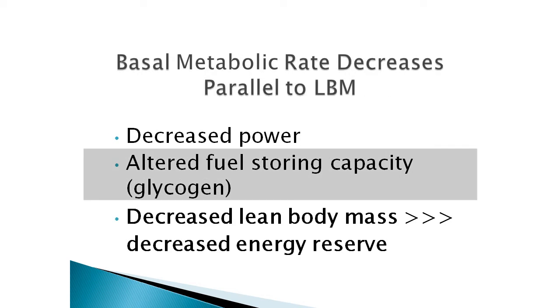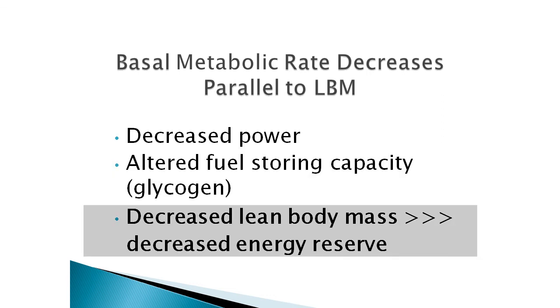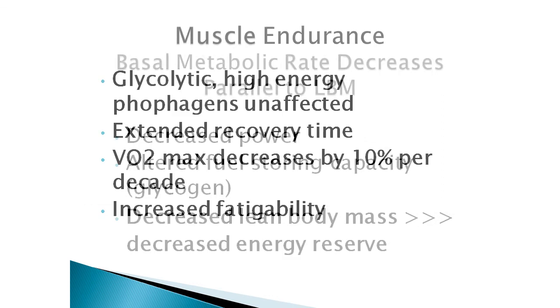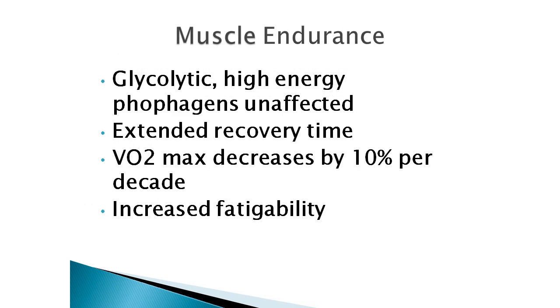The consequence of this is an altered ability to store glycogen, the fuel for the muscles, which then causes a person to have a decrease in their energy reserve. Muscle endurance is thus affected, with a person experiencing increased fatigability and complaints of tiredness, with a need for an extended recovery period after activity or exercise. That is a lot of information to digest, and I hope I have not painted a negative picture. Despite these changes, the good news is that the muscles will still respond well to exercise, and a person can remain fully functional given a proper diet and the discipline to take better care of the aging body.